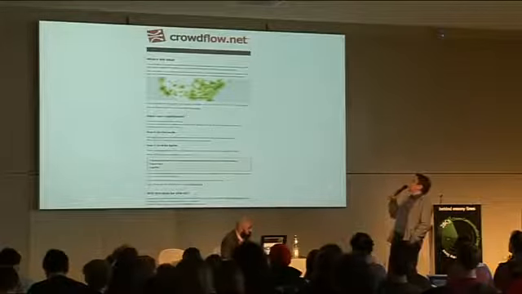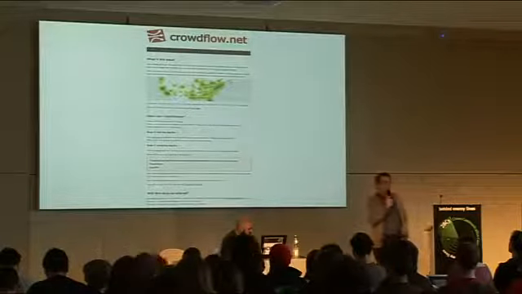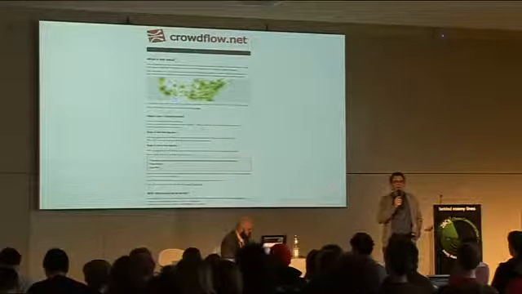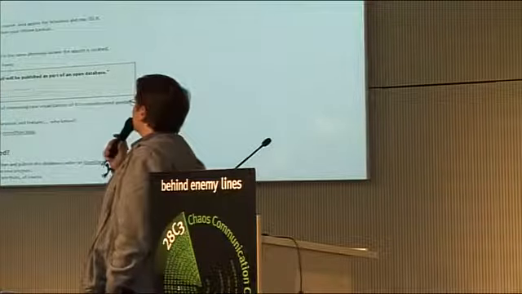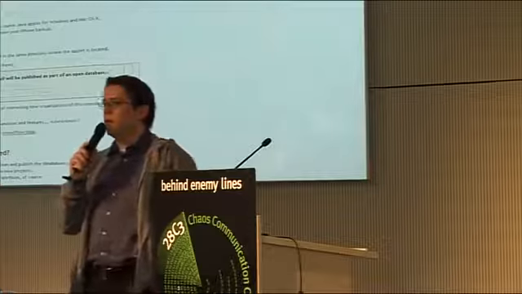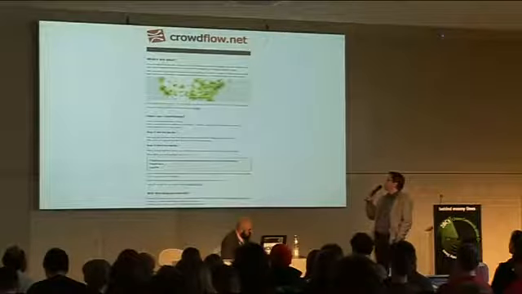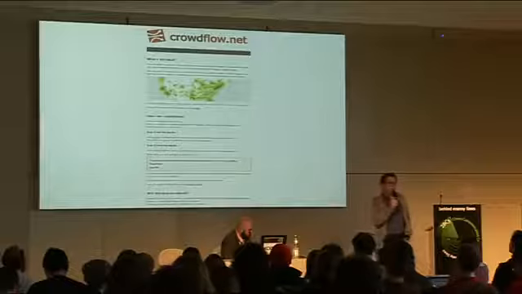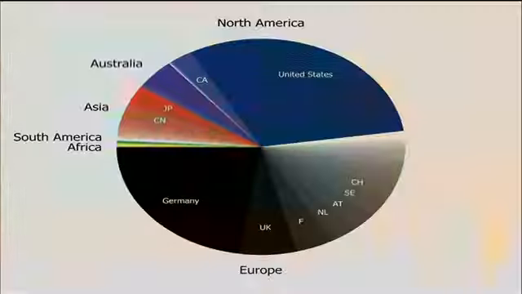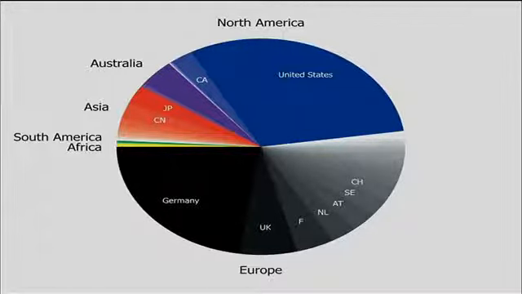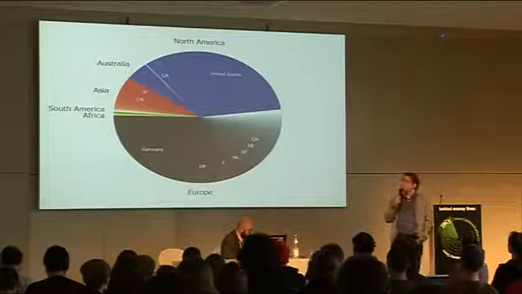So we started this project, Crowdflow.net, and basically it's a Java app that can extract the location data from your iPhone, and you can see it for yourself. It's a simple CSV file, but you can also upload it to us. And currently we have collected 1,500 data donations. We made some analysis and some visualizations out of that. The first one is: where does all this stuff come from? Mostly it's from Europe, and a big part from the United States. Of course, Germany is pretty big because it started here in Berlin.